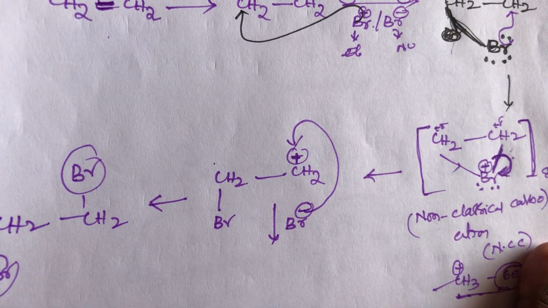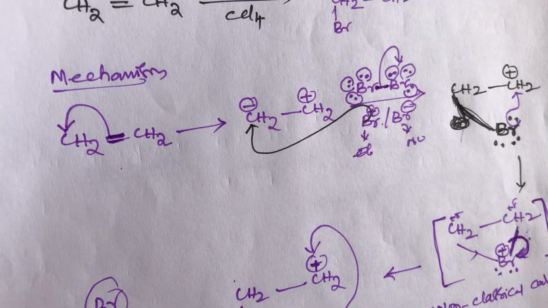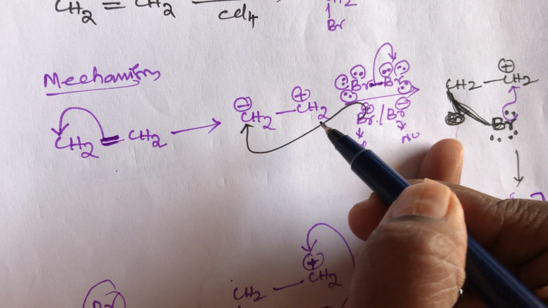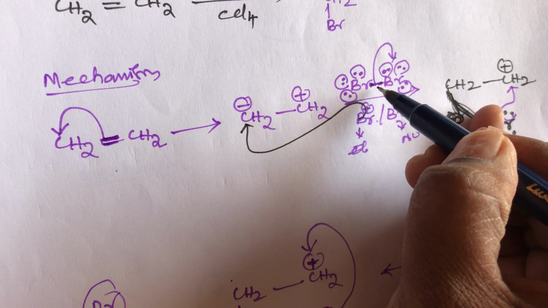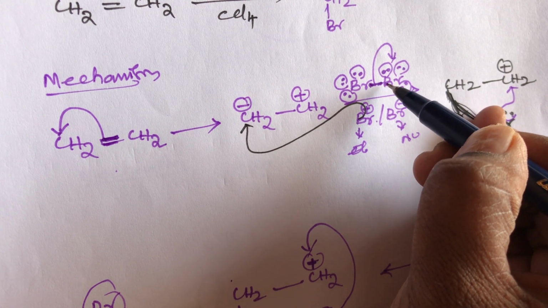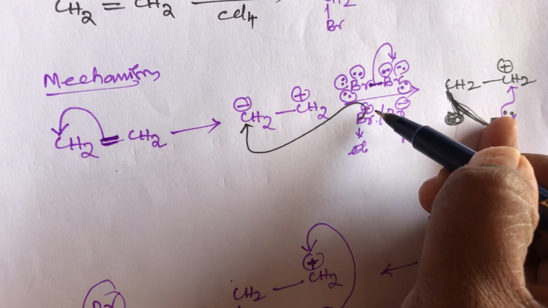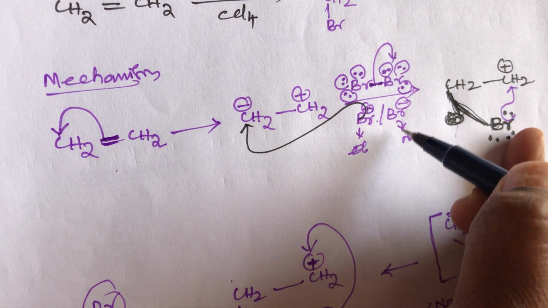Generally, halogens undergo anti-addition reaction because halogens have lone pairs of electrons. If lone pairs of electrons are there, that compound will undergo anti-addition reaction. In the first step of this mechanism, there is bond cleavage, and one carbon gets a negative charge and another carbon gets a positive charge. The bond between the bromines shifts to either side, left to right or right to left, so one bromine gets a positive charge and the other a negative charge. The positive species is called the electrophile and the negative species is called the nucleophile.